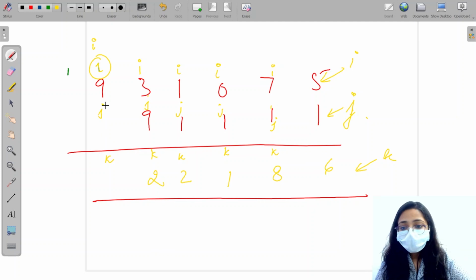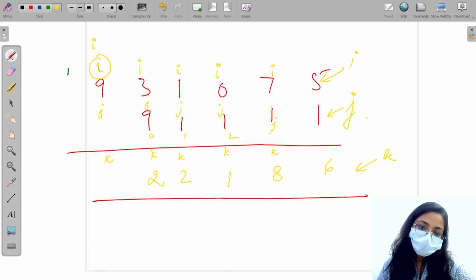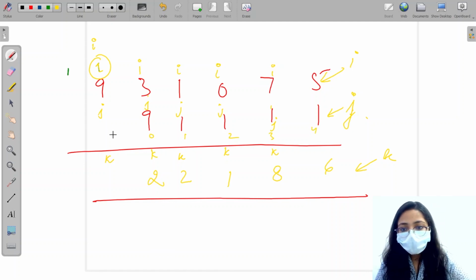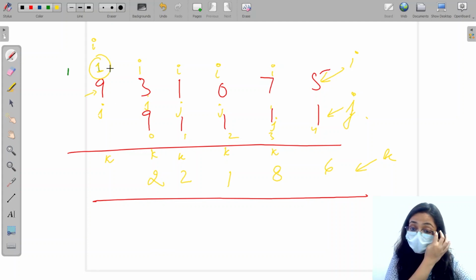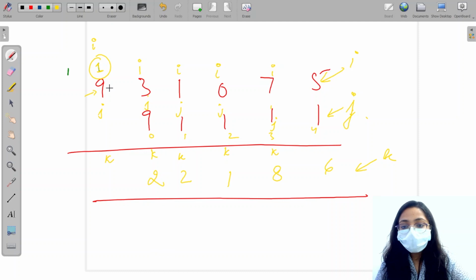Now see, j has now come to minus 1th position of its array, right? It was 0, 1, 2, 3, 4. So it has come to minus 1th position of the array. Now this is wrong, right? So j will not take part. We have a carry as 1. We have the element at this position as 9. So what we are doing is we are taking 1 plus 9, 10. So we will have 0 here and 1 is generated as carry.